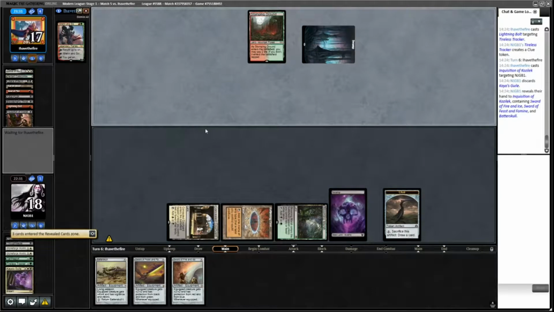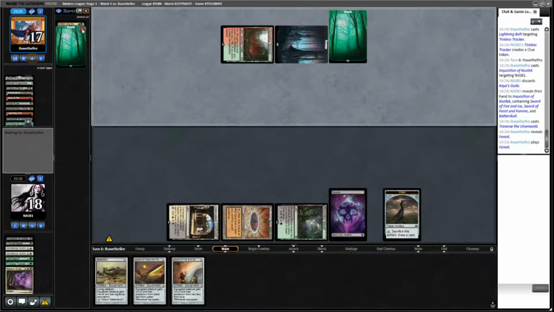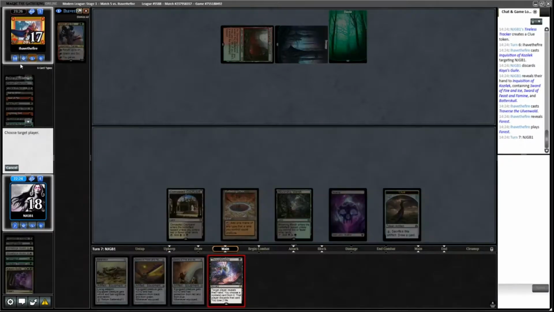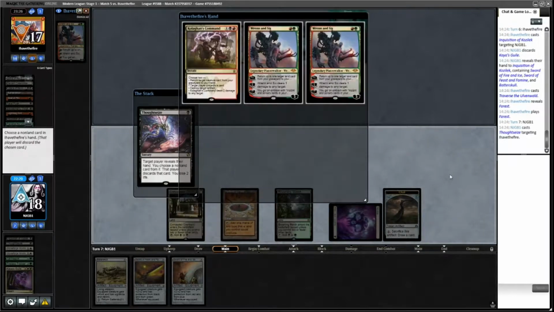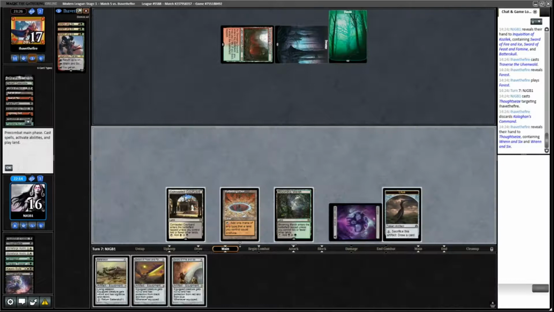Yeah, it takes Kaya's Guile. Traverse, probably for a land. Indeed. Okay. So they're going to get Wrenn and Six back next turn. No, they're not. Unless they found another one, of course. Yeah, double Wrenn and Six. So we'll get the Kolaghan's Command out of there. And then I think we'll just... Well, if they find another discard spell...